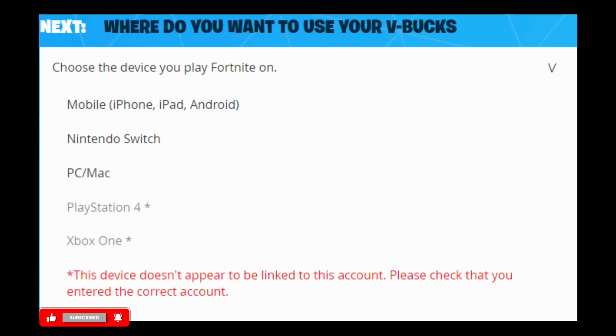If you don't see this list or the device you play your Fortnite in, you have to go ahead and open your Epic Games account. Once you are logged in, you have to verify yourself in your Epic Games account. Then go ahead and stay logged in to your Epic Games account. Then try again. Once you do this, you will be able to redeem your V-Bucks on your Nintendo Switch or any